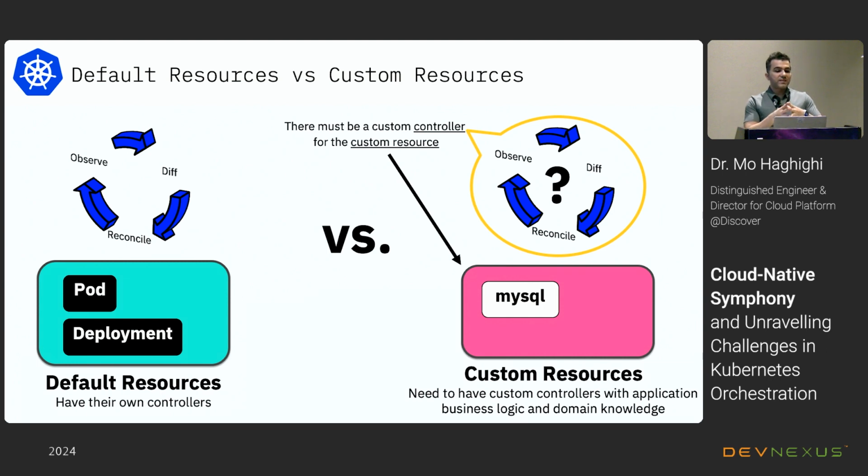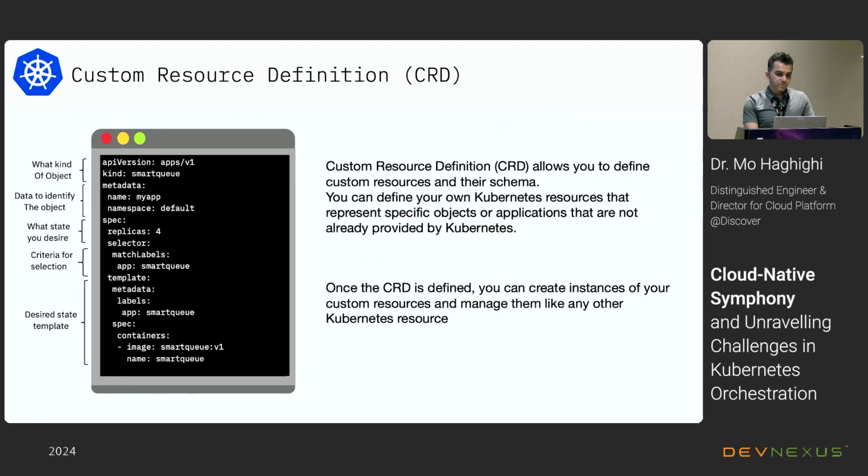Custom resources may require additional configuration and setup, such as creating a new controller to manage the custom resources, while default resources can be used without any additional configuration in most cases. An operator is essentially a software program that interacts with the Kubernetes API to create, configure, and manage custom resources. So now you've got your custom resources, but you also need a controller attached to it to make sure that your desired state and the actual state match. That's another important point, because that happens with the default resources, and you want the same behavior for your custom resources. To do that, you need to define your custom resources through custom resource definitions, or